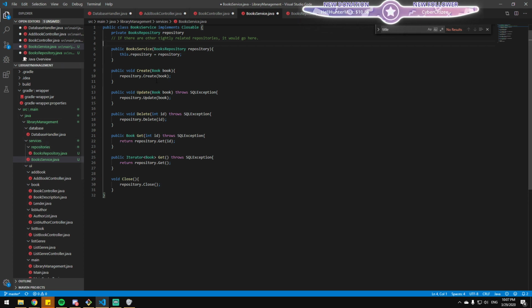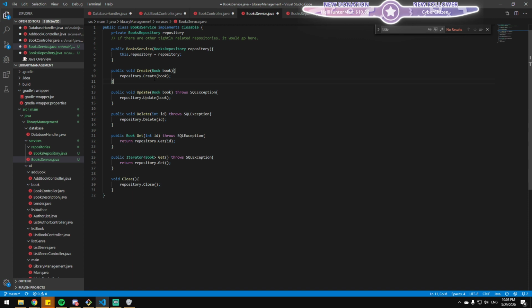Yeah, and I think it's worth pointing out as well that if the repository was an interface, you would have a general book repository, but then you could build other repositories which go to genre and author and whatever, and then you'll just be able to access them.